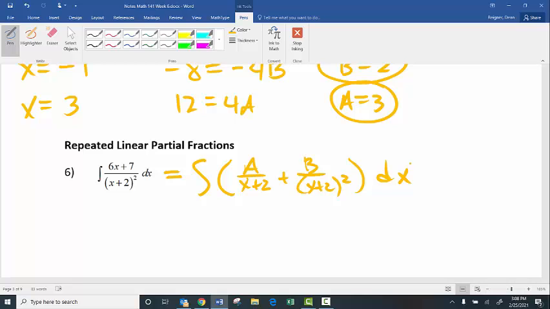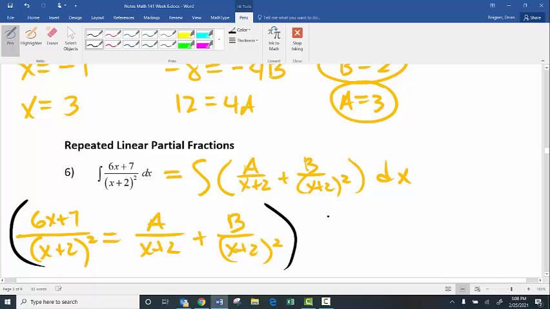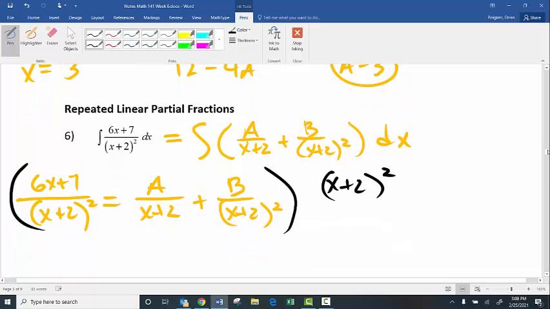So now you set up your equation the same way. So you would do 6x plus 7 over the quantity x plus 2 squared equals a over x plus 2 plus b over x plus 2, the quantity squared. So now this one you're going to multiply to get rid of the denominators in all of them. You're going to multiply by x plus 2, the quantity squared. All right? So when you do that, you take 6x plus 7 over x plus 2 squared times x plus 2 squared. They cancel, and you're just left with